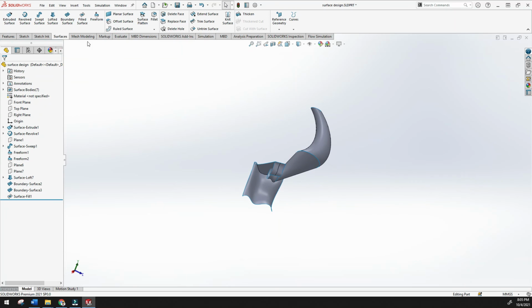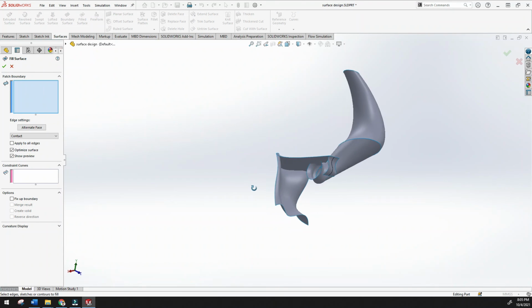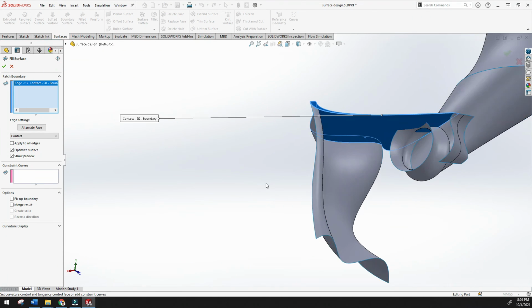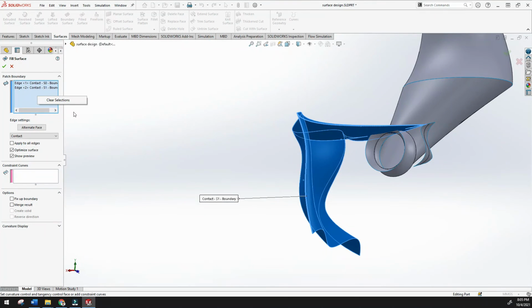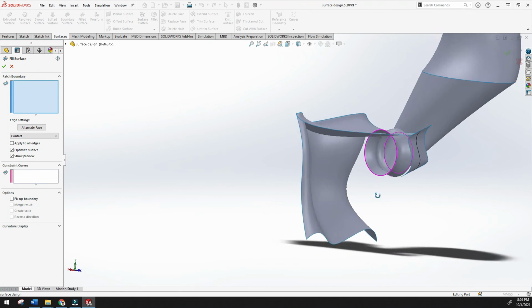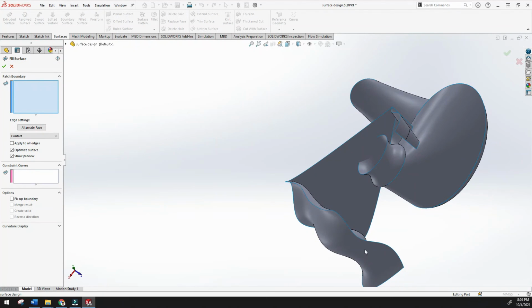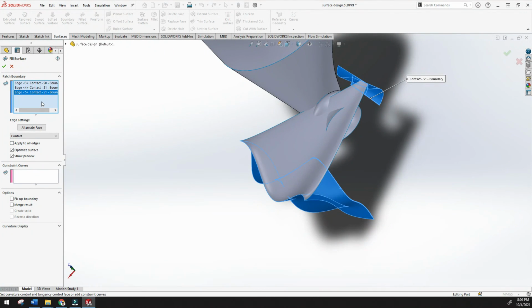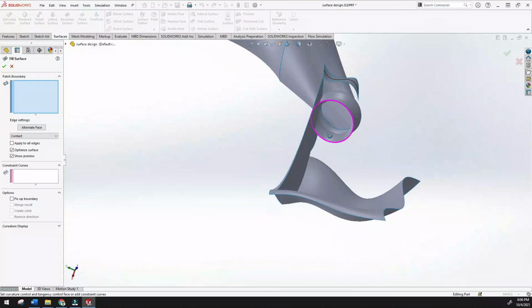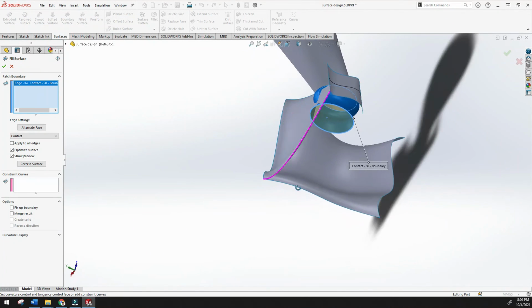Just try to use this line and this line. By using these two lines, it is not creating, but the problem is this is an open profile, so it is not creating, but you can create this closed profile very easily like this.